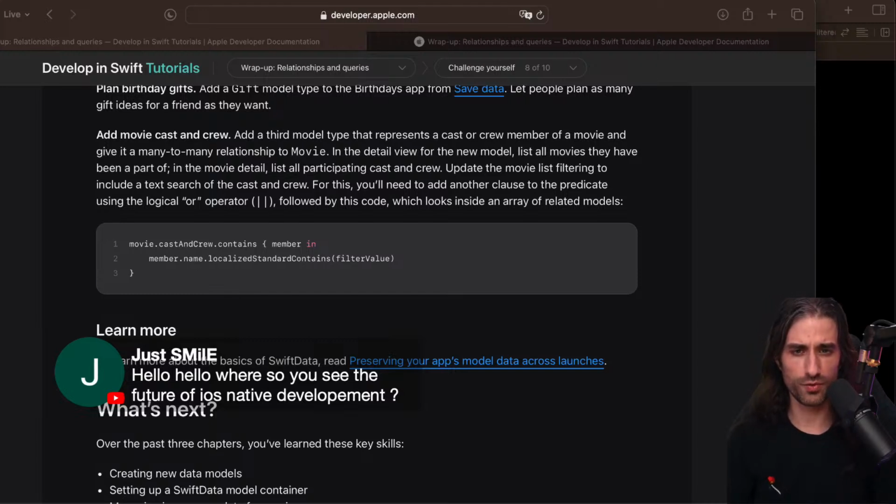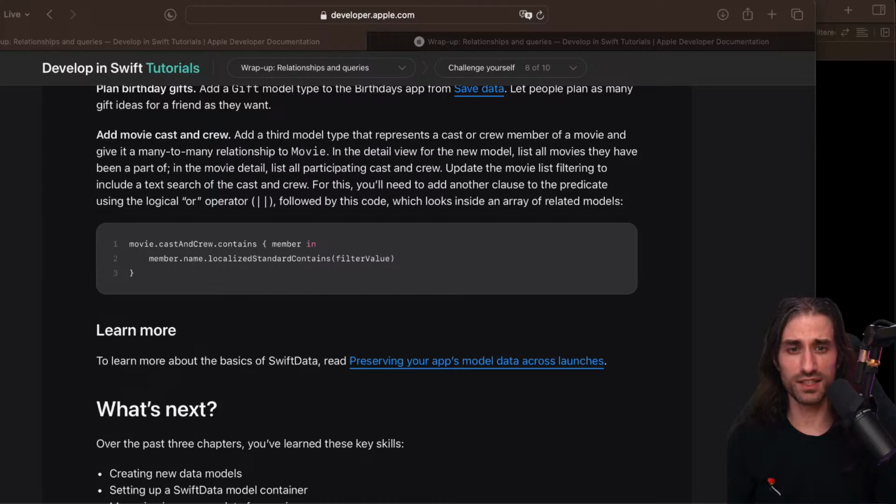Go to my website, swiftwithvincent.com, and you have an article about my opinion on native versus hybrid development. It's written much better than I would be able to phrase it right now, but TLDR, if you're looking to make an app that is state of the art and where the app is the main differentiator for your company, native development is going to be very important for you. I always take the example, I work at Photoroom. The Photoroom app is what makes the company successful, and so the app is native.